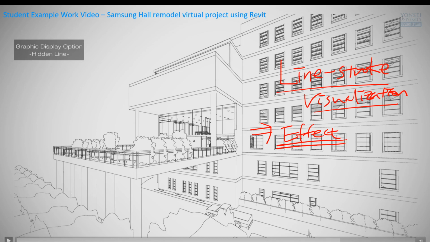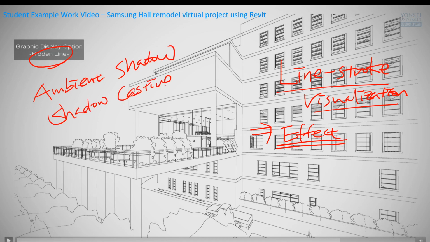So, if you fail to create a very photorealistic or stunning visualization, only hidden line based representation with some ambient shadow, or just a simple shadow casting, is sometimes very effective and sometimes very, very enough,